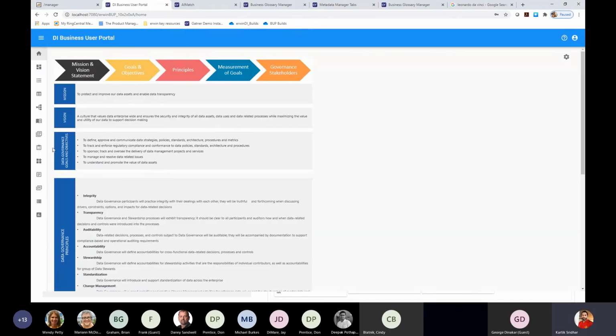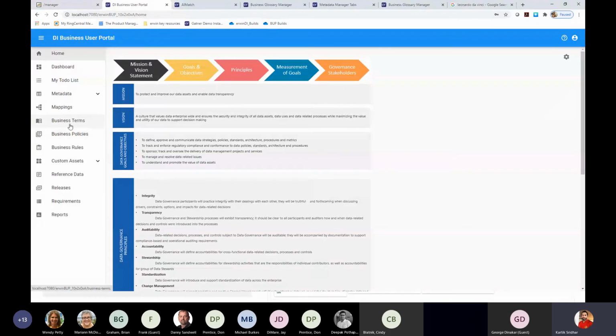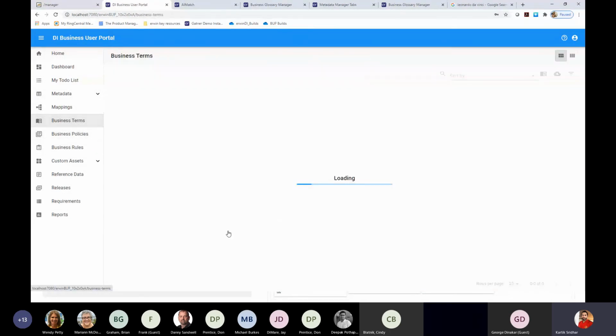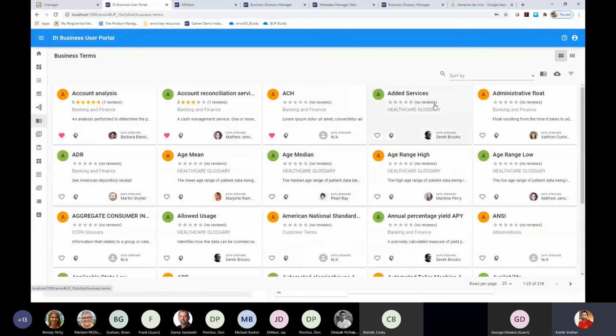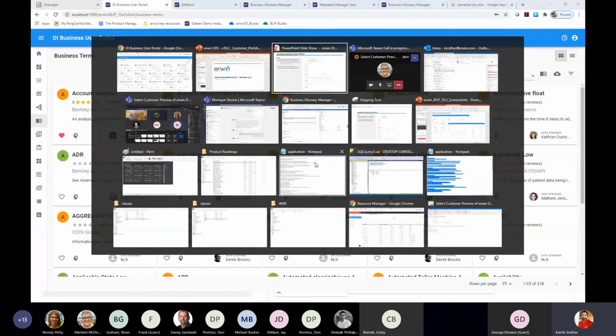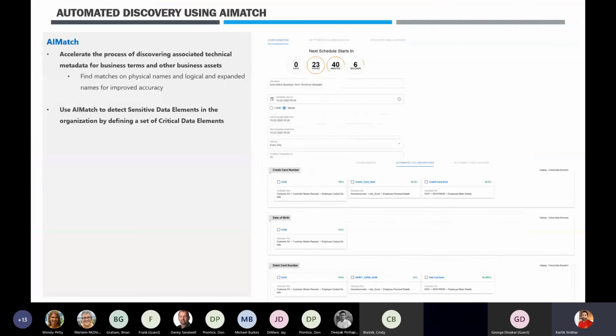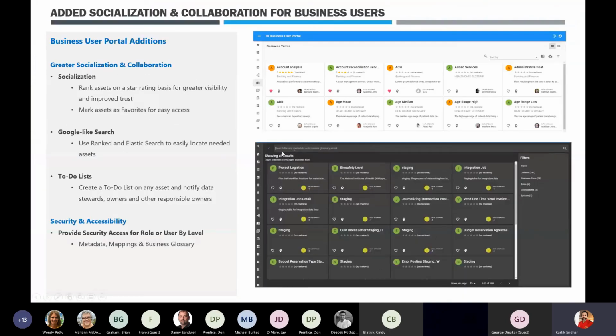So in the latest version of the business user portal, as previously mentioned, you'll be able to go into your technical assets or your physical assets, and you'll be able to mark them as favorites. So you'll be able to search for assets. So you have a search specific to every asset, or you'll also have a Google-like search screen as well that you can use to potentially search for information across all your assets, and that will leverage Elasticsearch and show you all the matching results and it will group them accordingly.